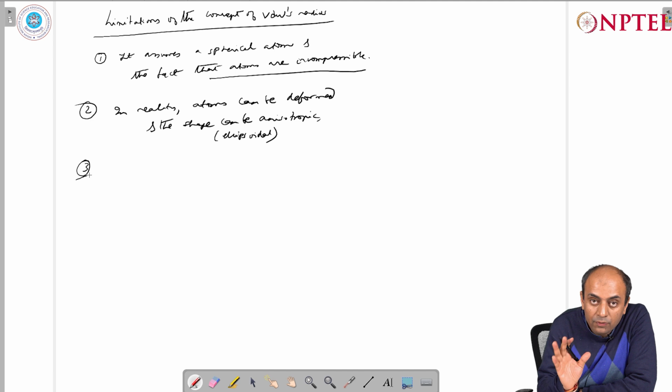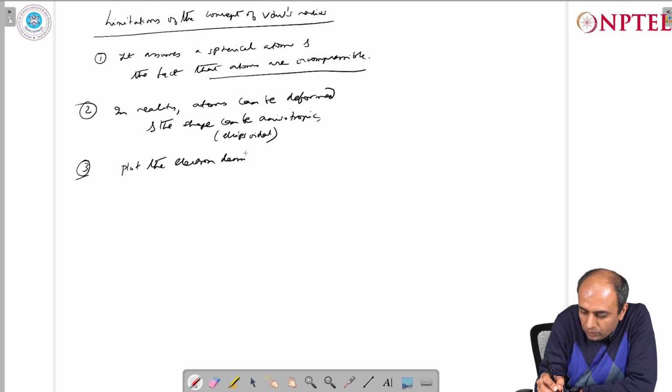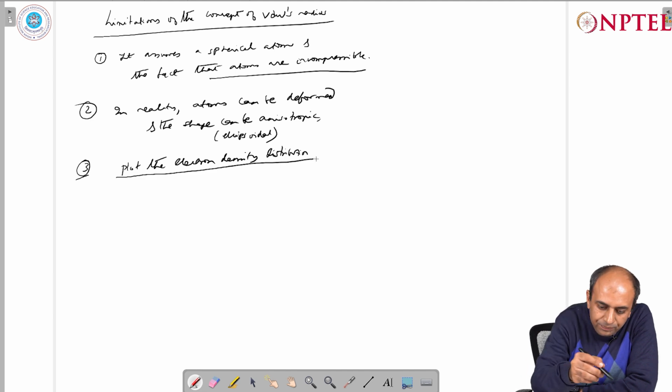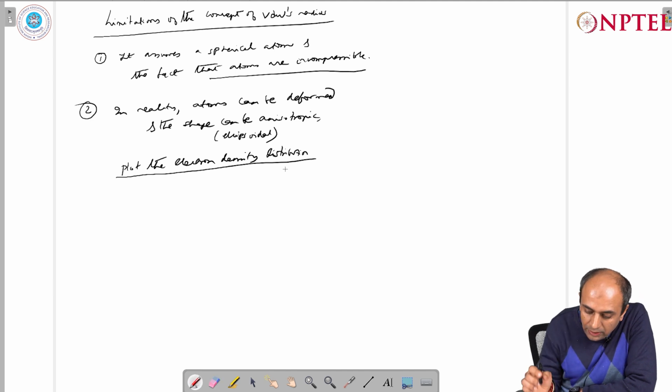The third thing is that if you really want to look at the anisotropy associated with the electron density distribution, you can plot the electron density distribution and you can see that there is not a single van der Waals radius. Every atom is associated with two different van der Waals radii, and we can do that, for example, by plotting